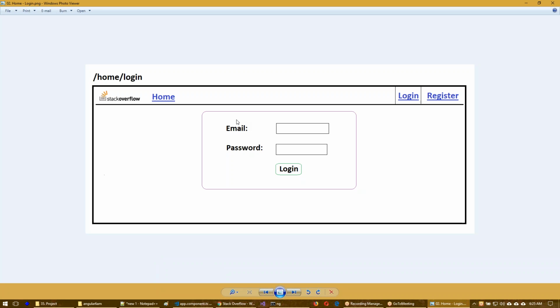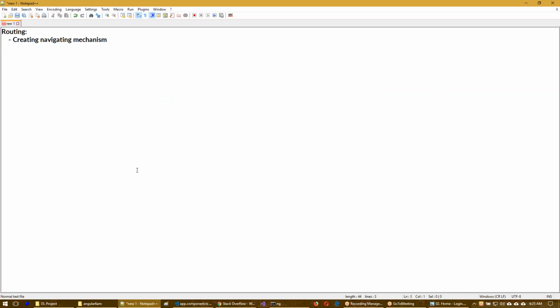Here each page should not be a separate HTML file, just a separate component. Every page should be a component. For example, the login form is the login component, the registration form is the registration component. Each page is nothing but one component. And the routing mechanism is the mapping between URL and component.